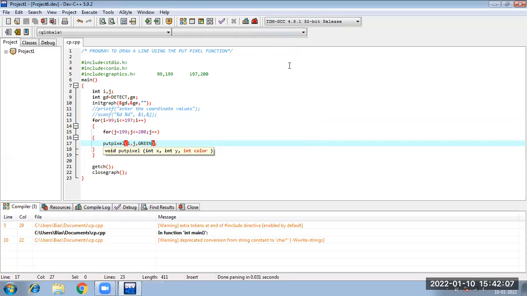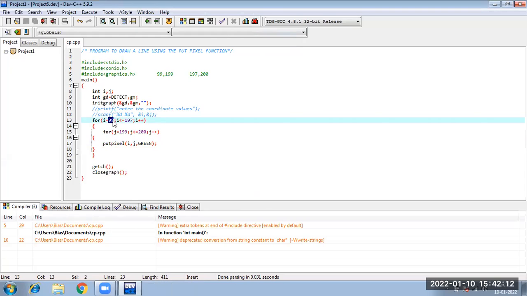Now these values I specified myself. If you want to provide the values during the execution of the program, then you need to use a printf and a scanf. The logic will be the same. Just how will you do this? In place of this, I will write x1. In place of this, I will write x2, right?